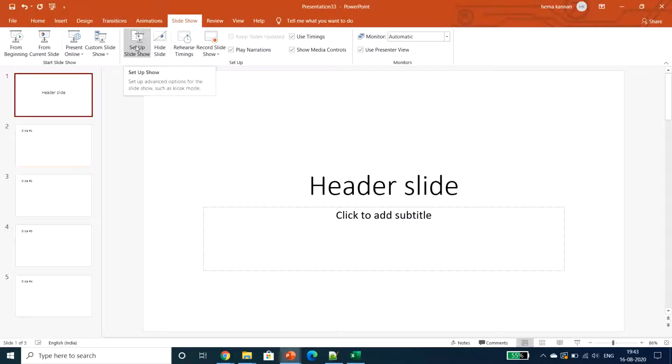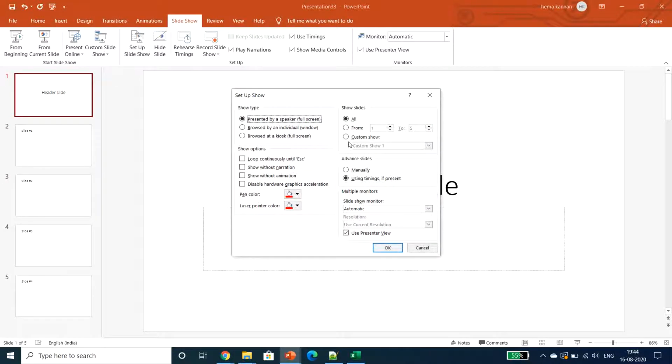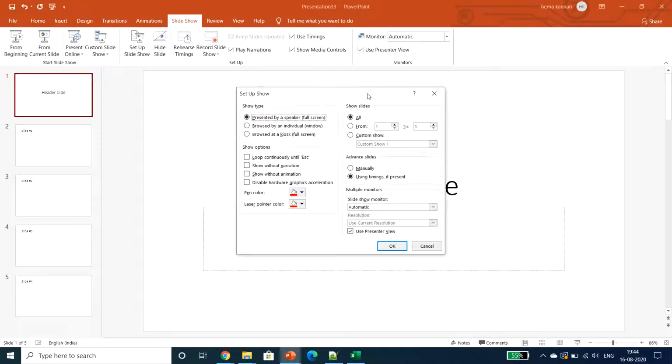Again, what is setting up a slideshow? We have a lot more options for setting up a slideshow. See, show type is presented by a speaker, that's it. So show slides. For example, now we have 5 slides.